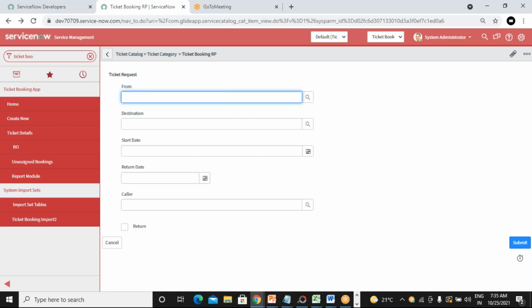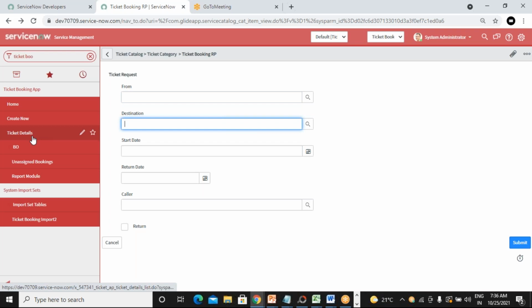Once you submit it through the record producer, the platform receives it, and then it will be allocated to some particular team internally, depending on the configuration. Then the team will take responsibility to fulfill this requirement or request.